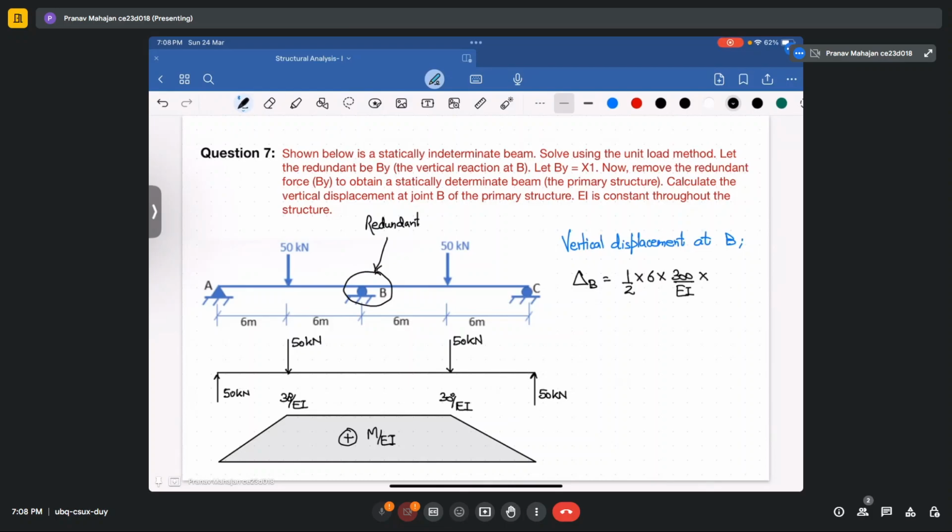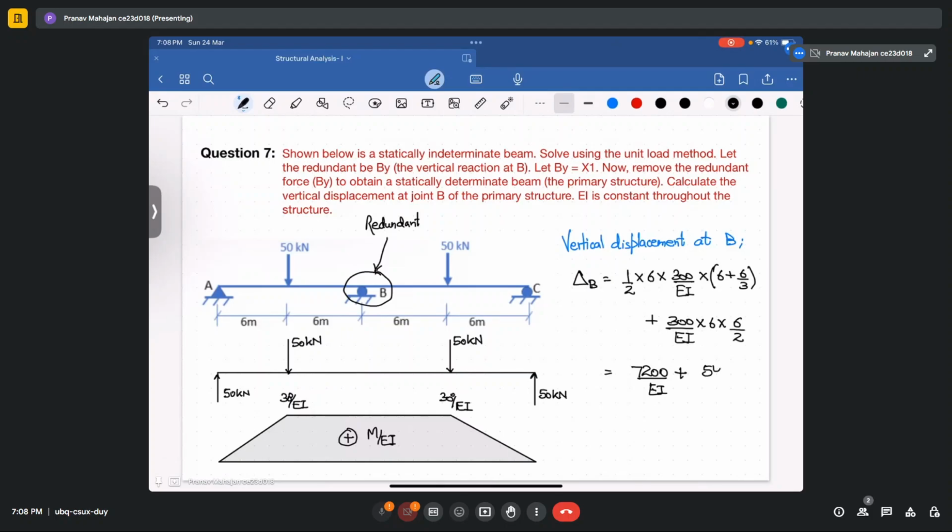The distance will be 6 by 6 plus 6 by 3, total 8, plus 300 upon EI into 6, acting at 6 by 2. So your delta B will come out to be 7200 upon EI